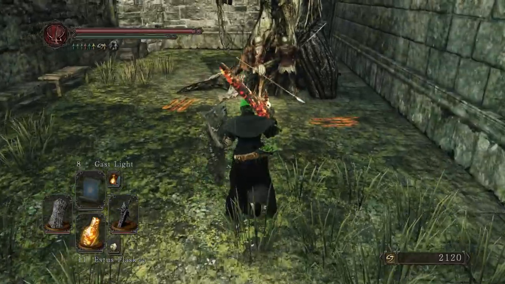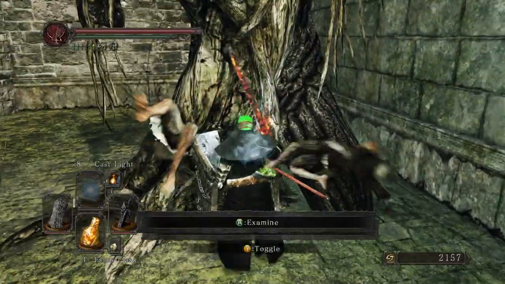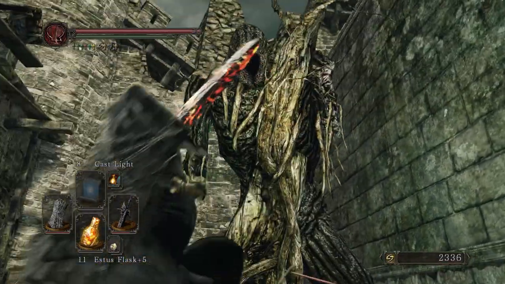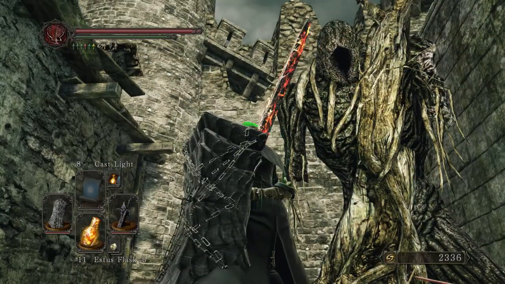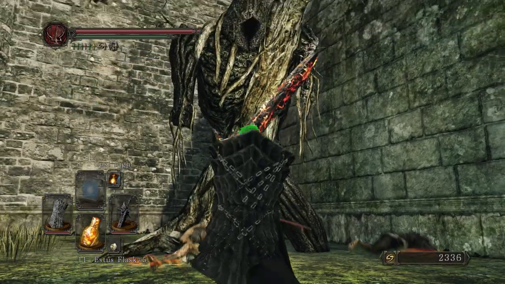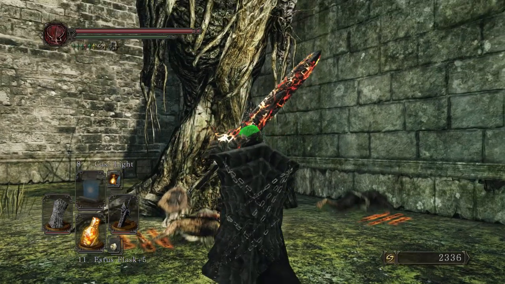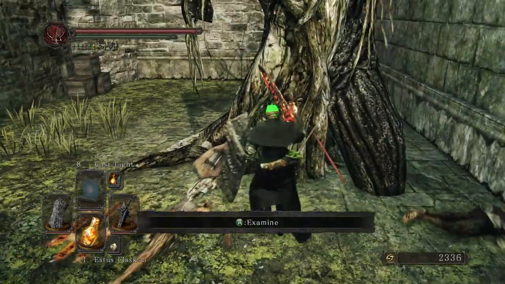And here's what we were looking for. The final resting place of a fallen giant. Now, we were able to come here and examine them before, but it didn't really accomplish anything. I believe the game just says, unfortunately nothing happened, or something to that effect. But if we are to approach and examine while we have the Ashen Mist Heart in our possession...